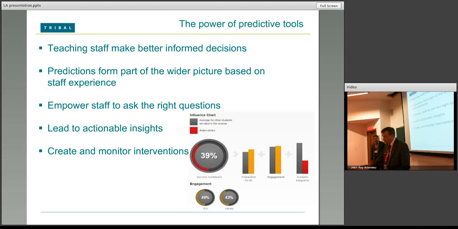From the predictive tools that we're using with our system, we felt that teaching staff could make better informed decisions. We used that to allow staff to make the right decisions, but also put into action intervention plans. And we have another particular product which is integrated to our Learn Analytics project, which allows us to create intervention plans, analyze queries and issues students may have, do case management on individual issues, but again, pull that information together to work out whether students are struggling and where they need help.